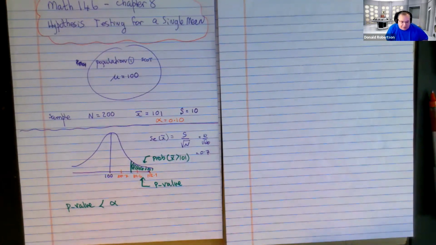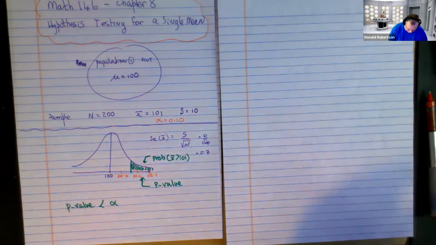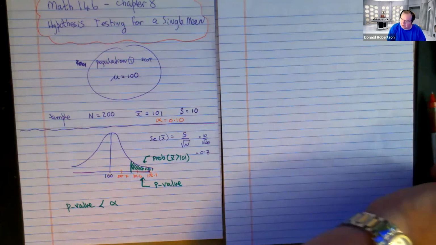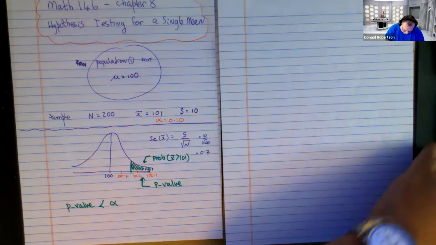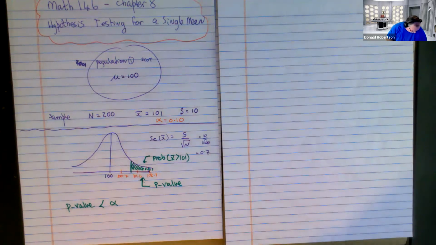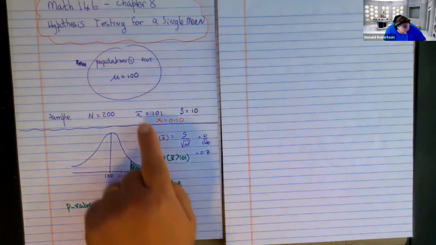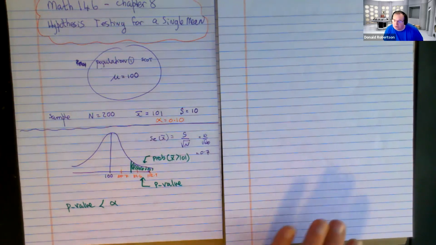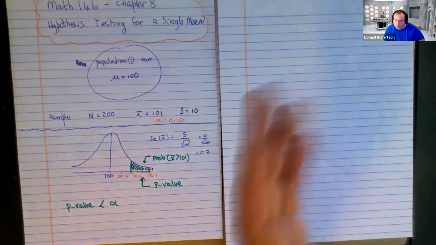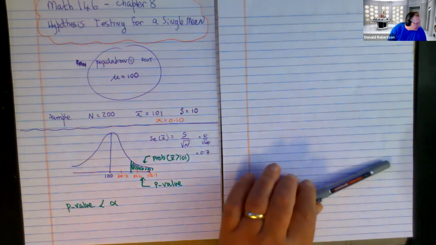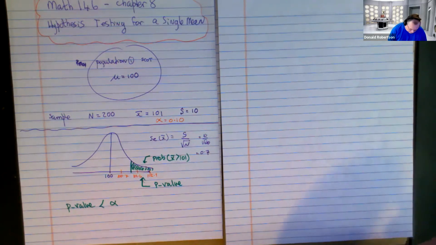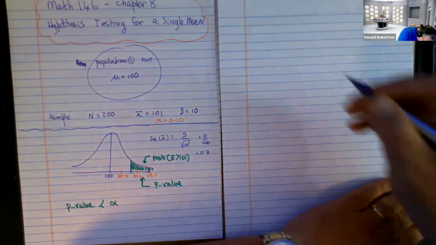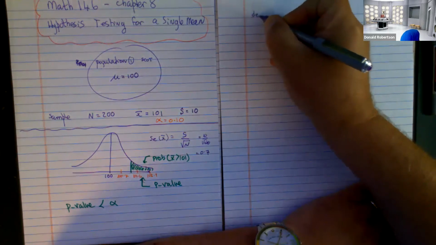So what we're going to do is calculate the p-value, and we're going to do that using software. Now, you can do it partially by hand. If you wanted to, you could take your data, find its z-score, then find the probability that your z-score is bigger than some number, and off you go. But it's a bit cumbersome, and it's much easier to do it using software. But before we go, I want to tell you about a guy